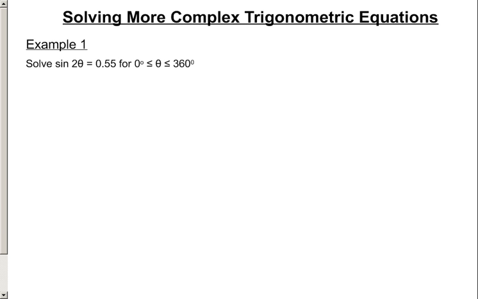In this video, we're going to look at solving trigonometric equations, but some more complicated ones. In particular, when we have one like this, where inside the trig function we don't just have theta, we have 2 theta. So if we're trying to solve sine 2 theta equals 0.55, for the domain theta is between 0 and 360,